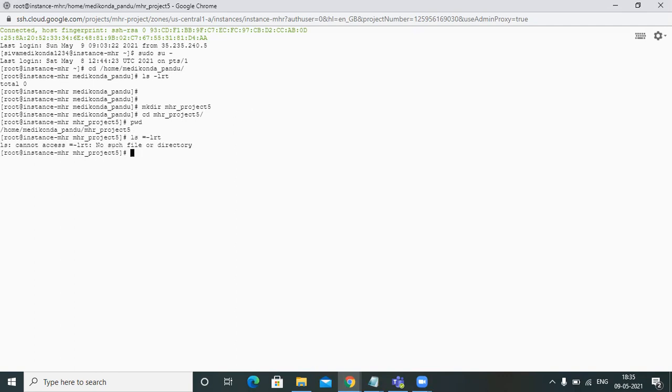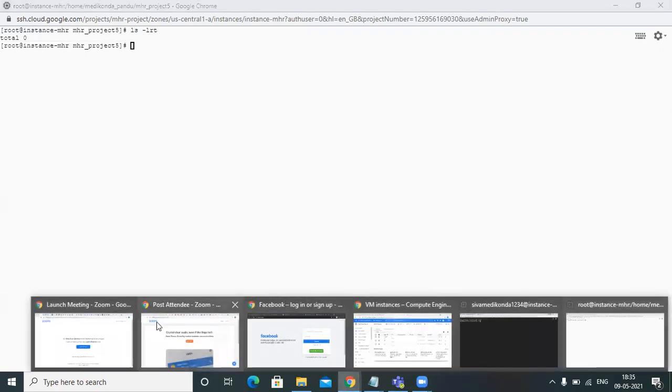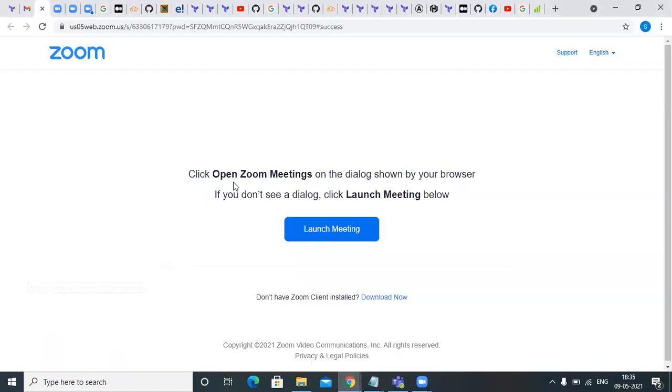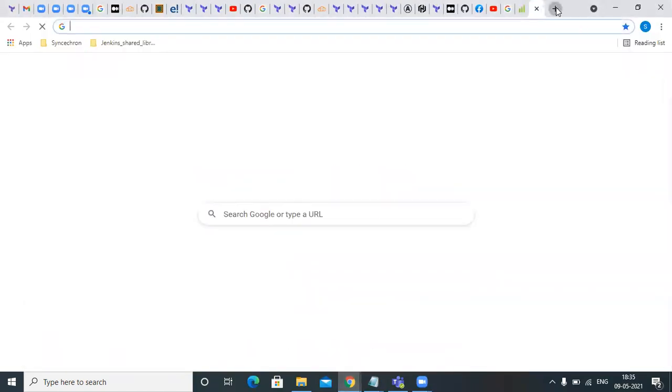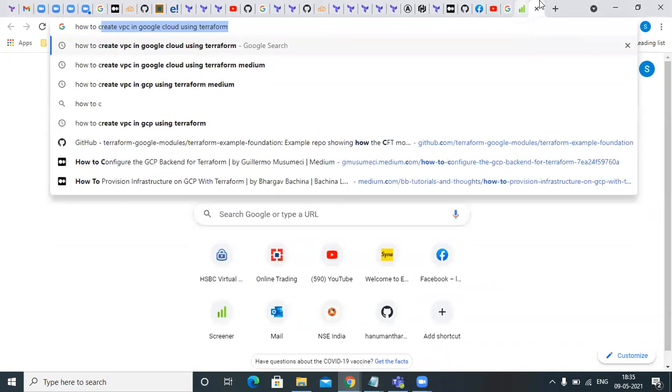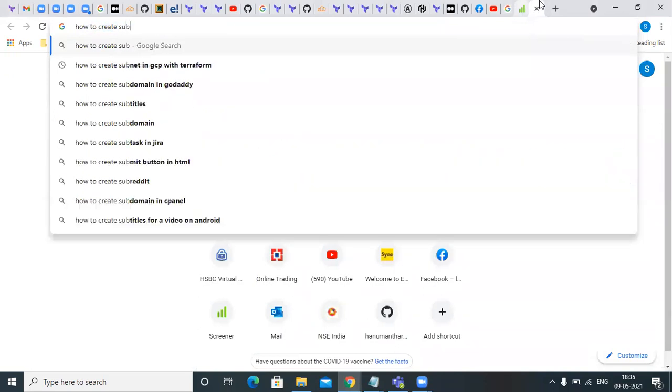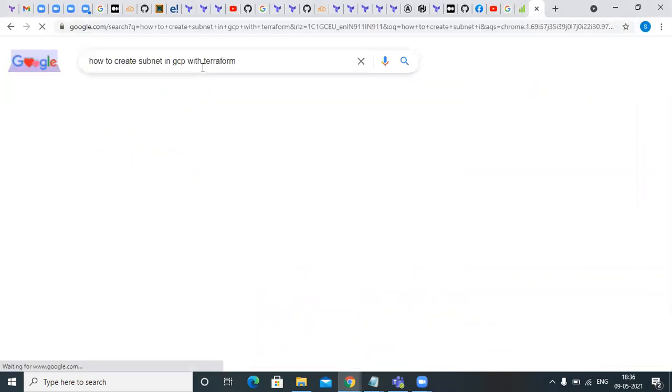Here nothing is there. Subnet. GCP Terraform.